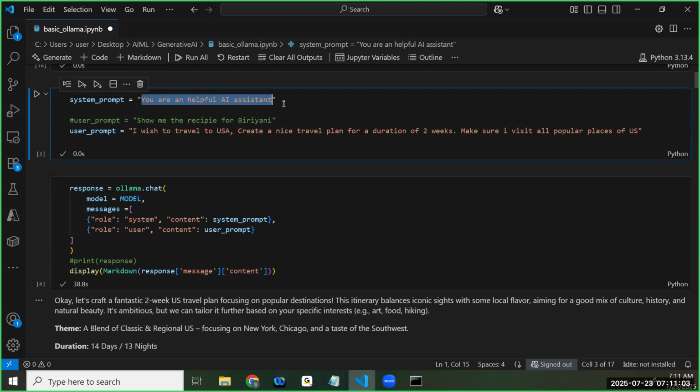Whenever we are interacting with ChatGPT, we don't give a system prompt. Internally, ChatGPT will provide its own system prompt. But we will just provide the user prompt. User prompt is our query. What is that we are trying to query? That is our user prompt. The system prompt is